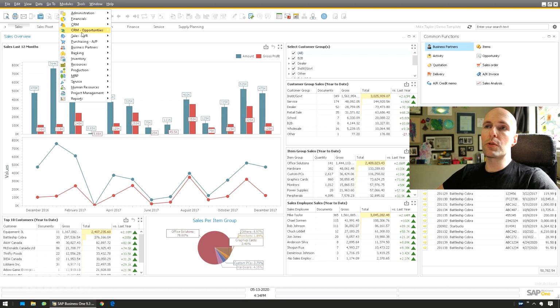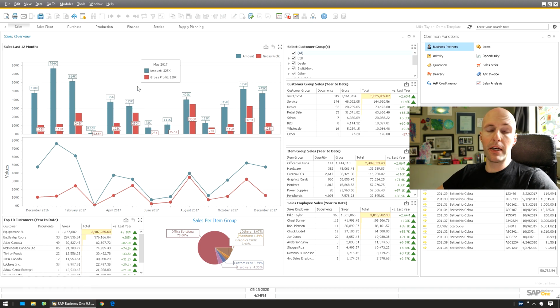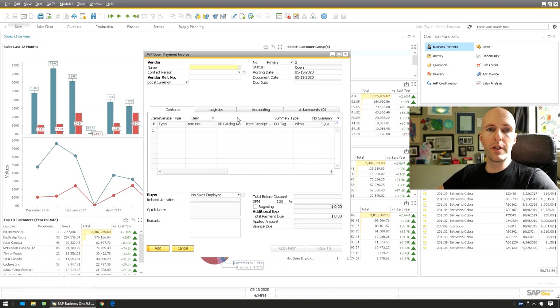I'm going to use my AP down payment invoice, not for any other reason than the fact that it doesn't have as much customization on this database. I just wanted a clean form that I could use. This can be replicated across all of your forms. I'm just going to do it for the one, and you can use your B1 validations across multiple forms.